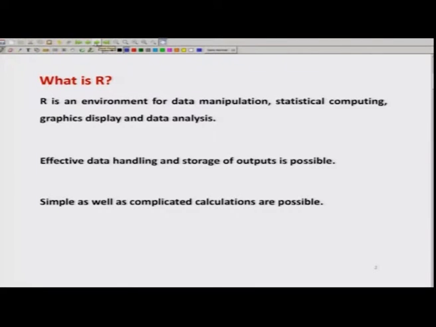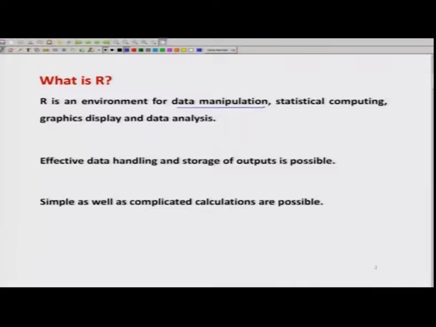R is essentially an environment for data manipulation, statistical computing, as well as graphical display and data analysis. R is just like any other software. There are different types of software which help us in mathematical calculation and statistical data analysis.